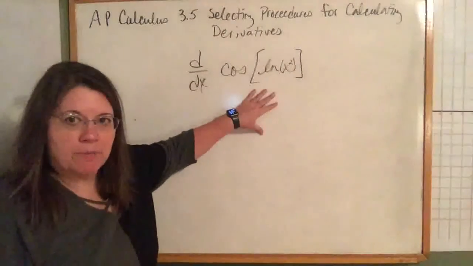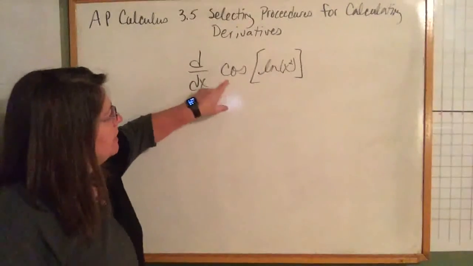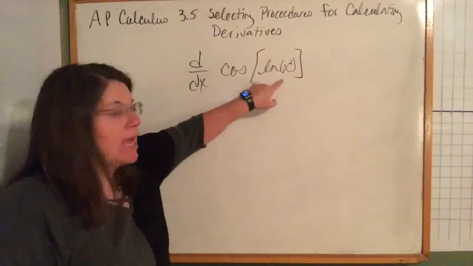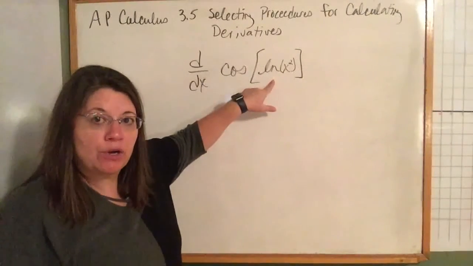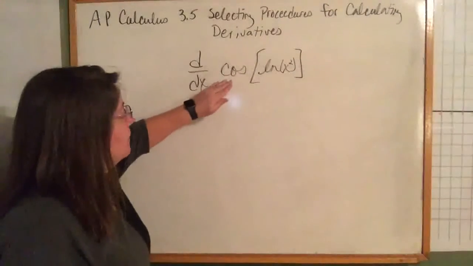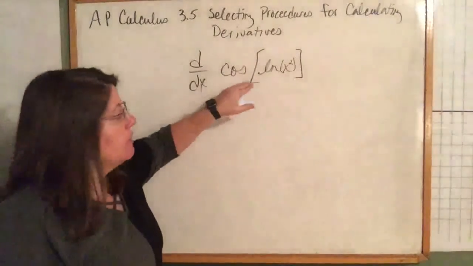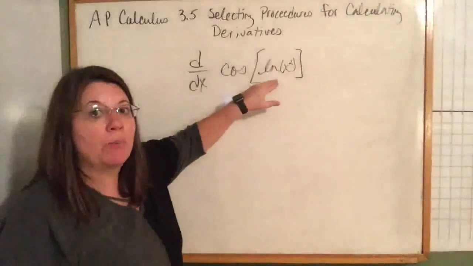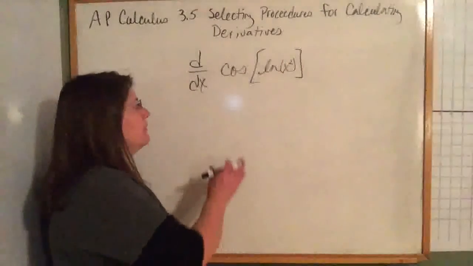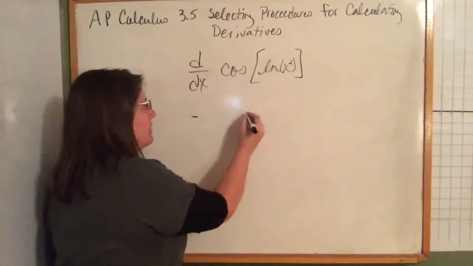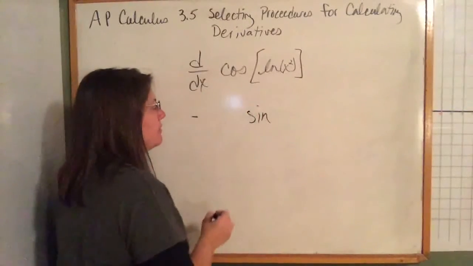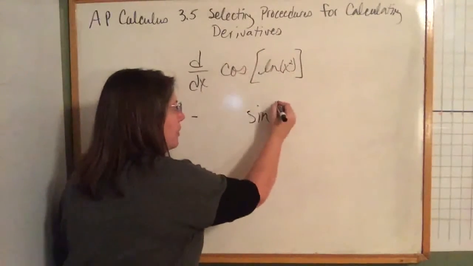This one's a little complicated. If you look at this, you got cosine of the angle part. The angle part here involves a natural log. So not only do you have to take the derivative of the cosine, you also have to take the derivative of the angle part. So if we take the derivative, first we deal with the cosine. Derivative of cosine is negative sine, I'm going to leave a little space, times the original angle part, so that's